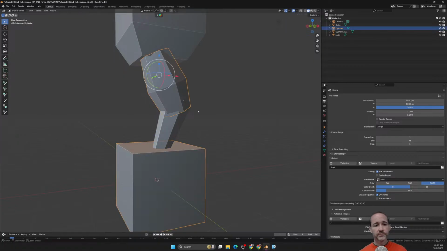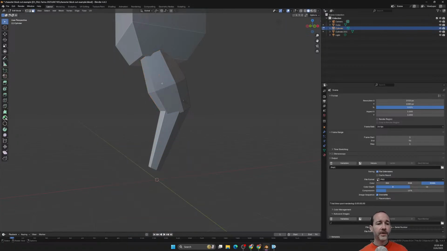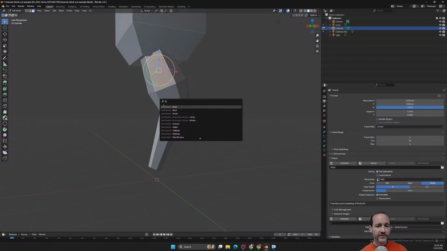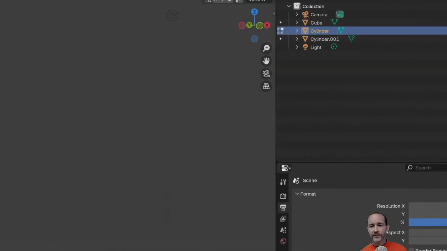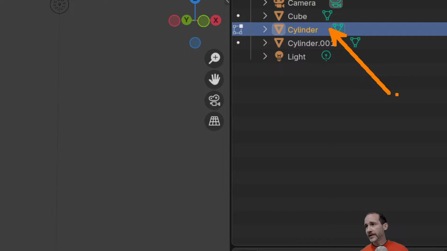There we go. We discussed this before, but just to review, you can add new objects in edit mode. If I Shift A and add something here, like this cube, this cube and cylinder are now in the same object. This is undesirable for our use case in